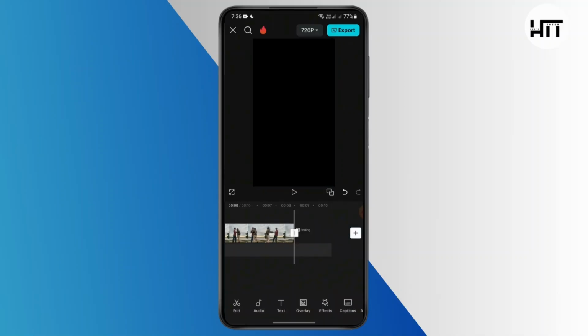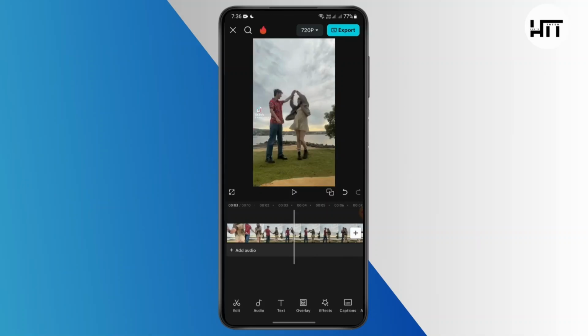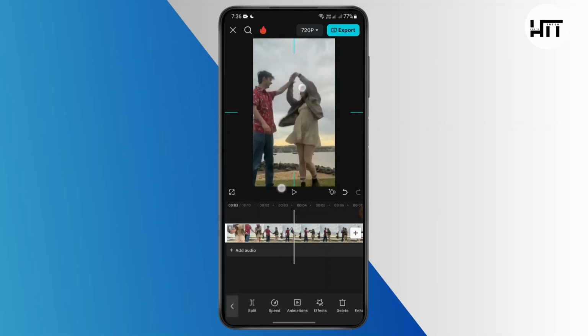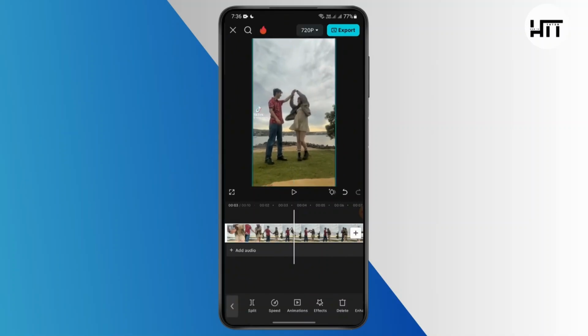After that, in order to remove this part, you can see here the watermark. There is no such way from CapCut that you can remove it. You can either zoom in on this video, but that will cut out parts which you may not want. So in order to download the video without any watermark, you may just go to any browser and